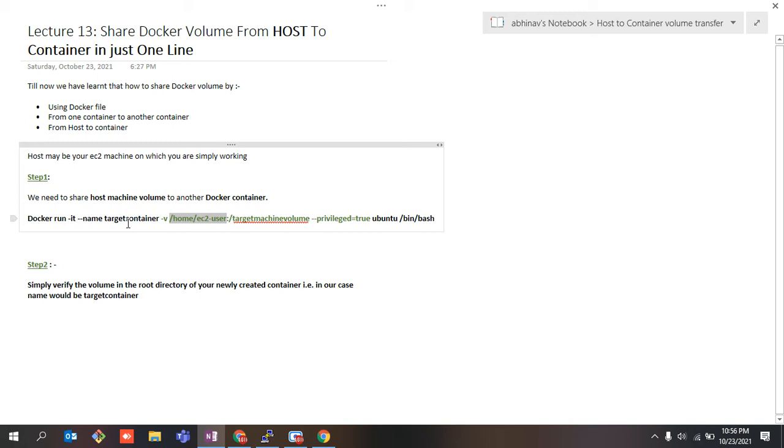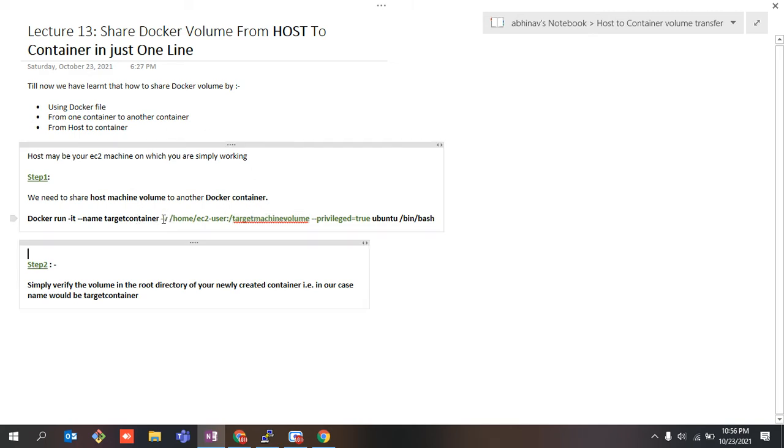So let's say I just create a container whose name would be target container, and in its root directory this volume with this name, and you can customize this name to anything you want, right? This volume will get created in the root directory of this target container.